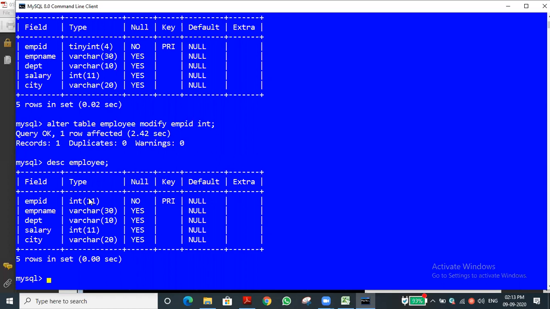So what is always recommended is lower value to higher value. That is, tiny int can be converted to small int, small int to integer, or integer to big int. But suppose the data was already in integer type, shall I change it into tiny int? We have to check all the data. For example, if all the data are only 2 digit or 3 digit, we have to forecast about that.